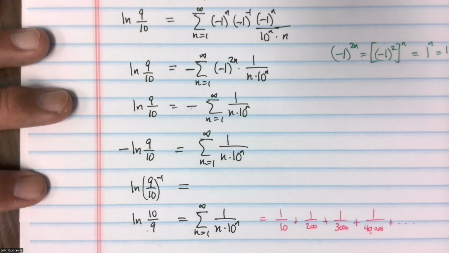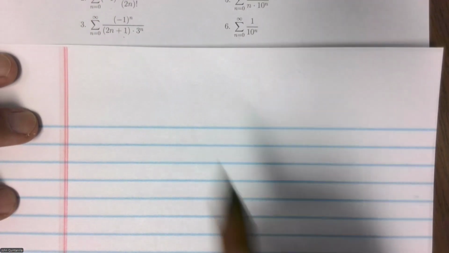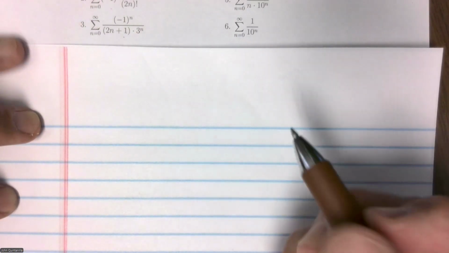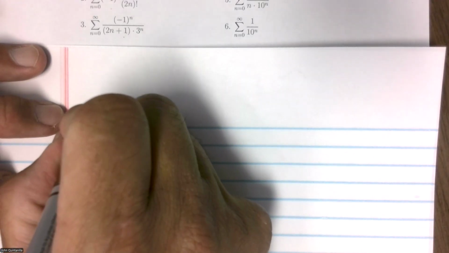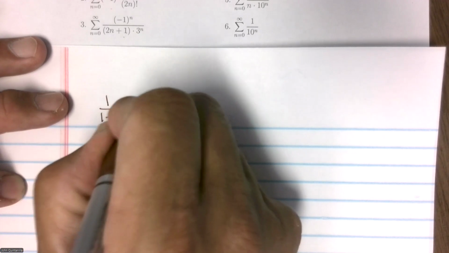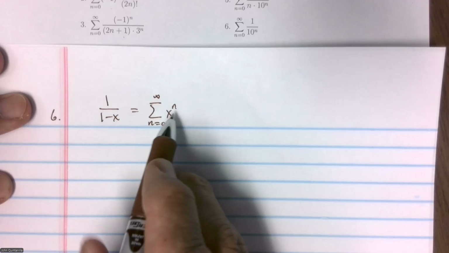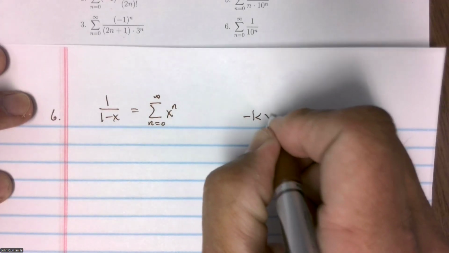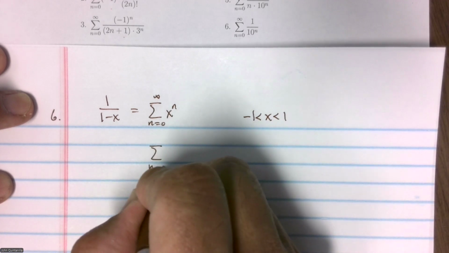All right, and finally, number 6. Summation n equals 0 to infinity of 1 over 10 to the n. This right here is our familiar geometric series: 1 over 1 minus x is equal to summation n equals 0 to infinity of x to the n. And this converges as long as x is between 1 and negative 1. And so if I replace x by a tenth,